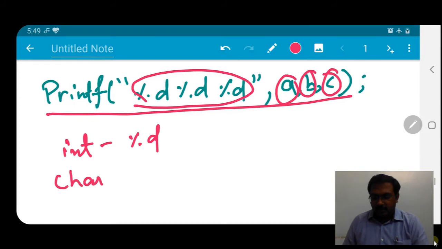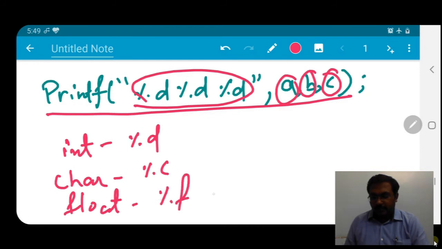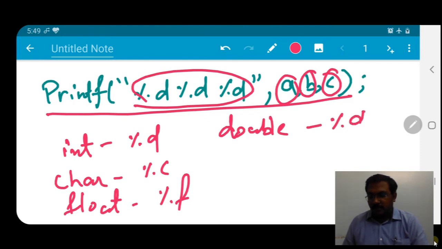For character, %c is the format specifier. For float, %f is the format specifier. For double, not %d, we have %lf.